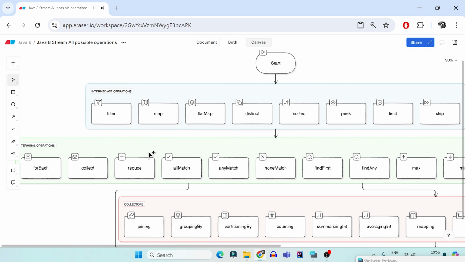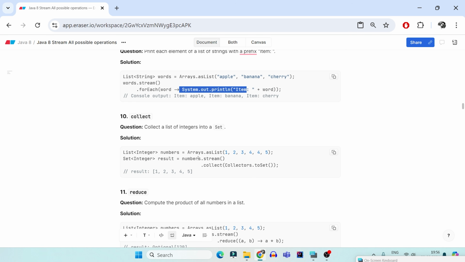The next operator is collect. This is again a terminal operator. So suppose I have a list of some numbers. I want to find only the unique ones, and usually I do not mind even if they are not sorted or they are not in the proper order in which they are in the original collection. So then I can use